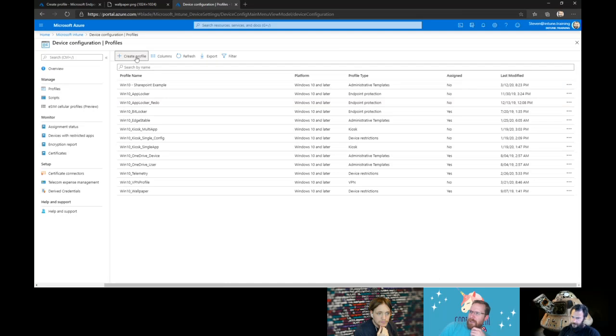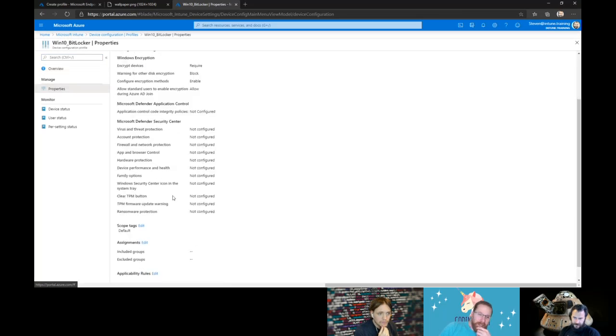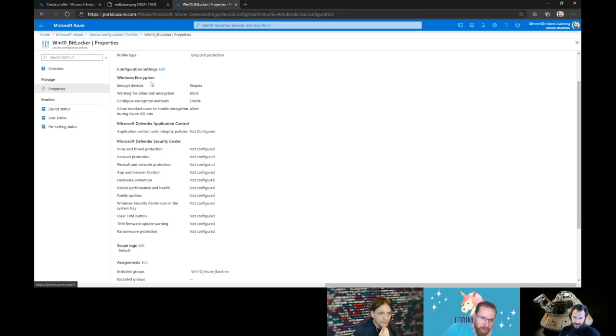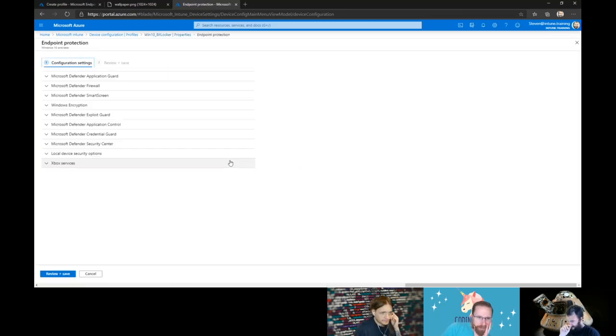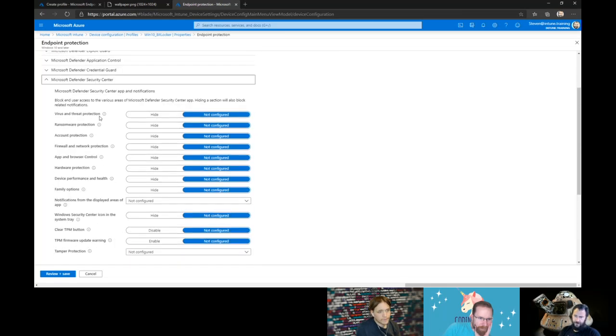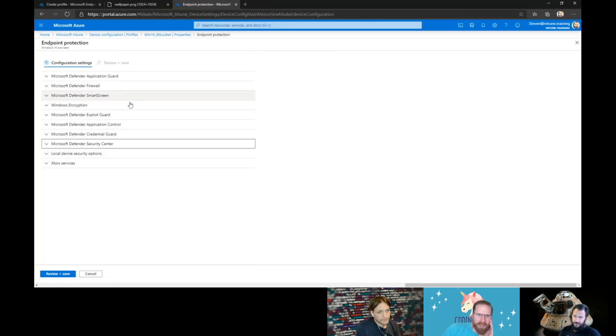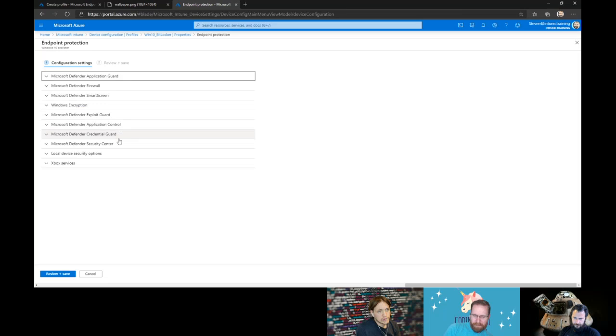It's got virus and threat protection. Let's just grab one of the existing ones. That's just configuring this. See, this is why we struggle. This is why other people struggle with this. Yeah, virus and threat protection, account protection. Yeah. And that's it. That is exactly it. So it's a matter of stepping through and understanding where it's at. Yeah. So that's only hiding it in the UI. Yeah, that's not it. Right. Okay. Interesting.